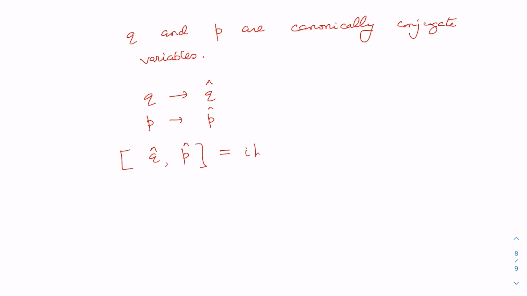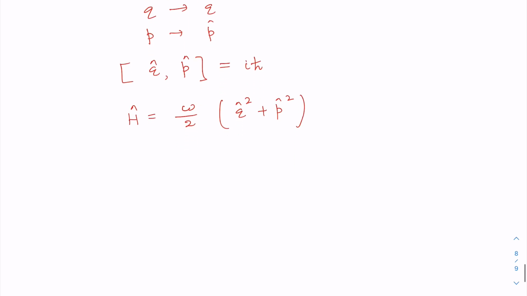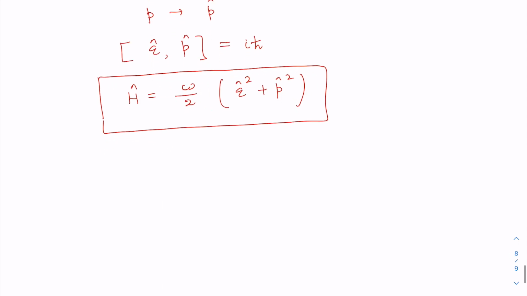qp is equal to i cross, and this Hamiltonian is now, can we write it as omega by 2 in this operator form. So we can. In fact, now you see this is exactly the similar form of the harmonic oscillator that we discussed in an earlier class. And now clearly we can introduce all the technology that we learned in the case of quantum harmonic oscillator